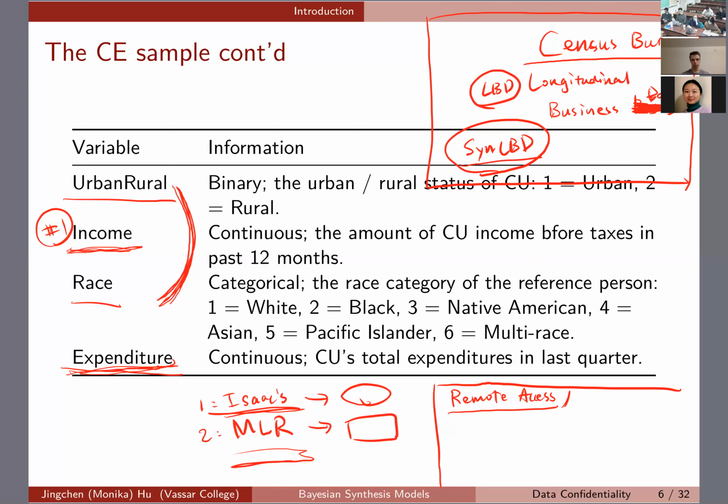what if you have a group of statisticians who actually work at those statistical agencies? They pass all of the security checks. They can have access to the original confidential data. And how about people can make requests to those groups where they say, okay, I really want to get a sample of the consumer expenditure survey. And in particular, I want to keep the relationship between income and race and expenditure and urban rural status, that kind of stuff. Then if you make that request, those statisticians or data scientists, whoever is working there, will choose the